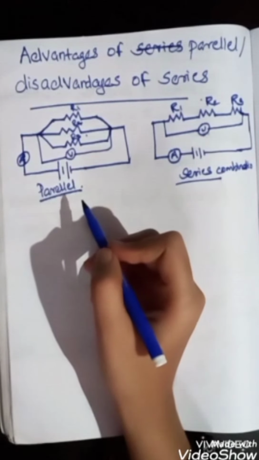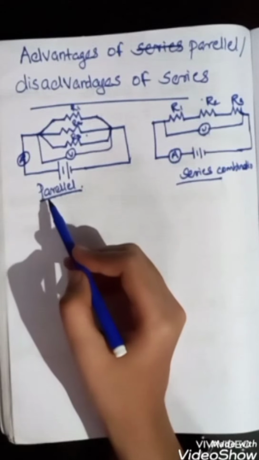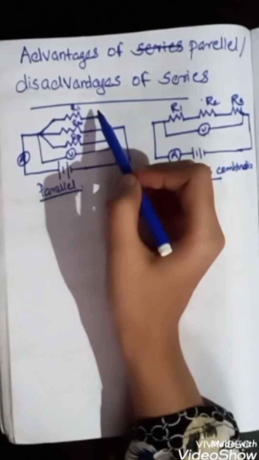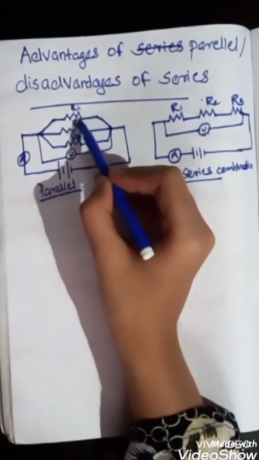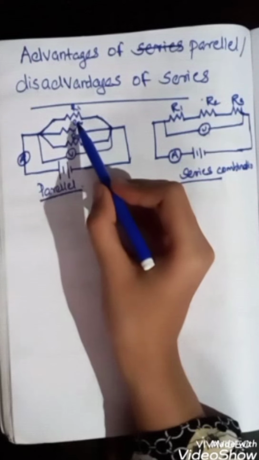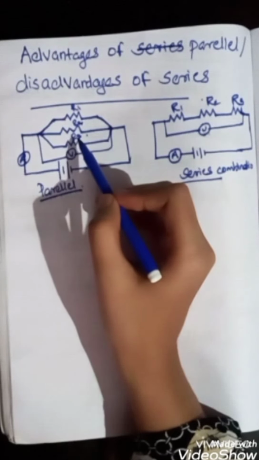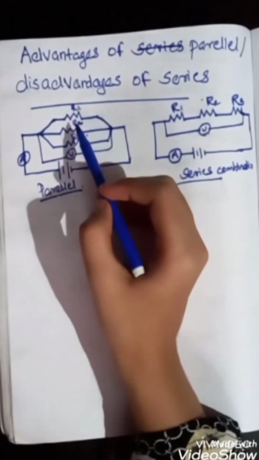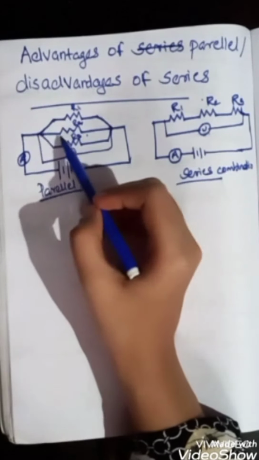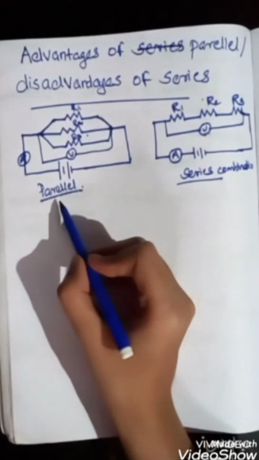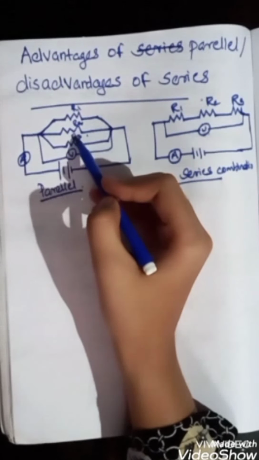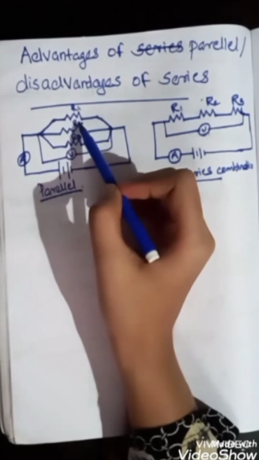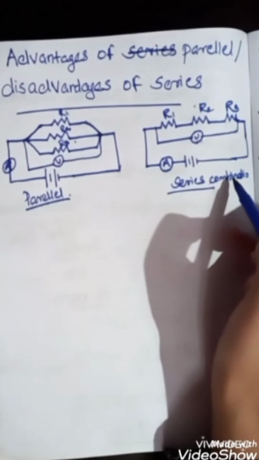Here the first point is, in a parallel circuit, if one electrical appliance stops working, if any one of these three resistors stops working, suppose R1 stops working, it will not work. Then do R2 and R3 work? Yes, R2 and R3 work. The defect in R1 does not affect R2 and R3 because there are three branches. So in parallel combination, if R1 has a defect, it will not affect R2 and R3. But in case of series combination,